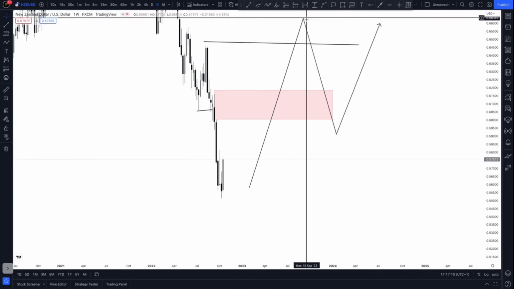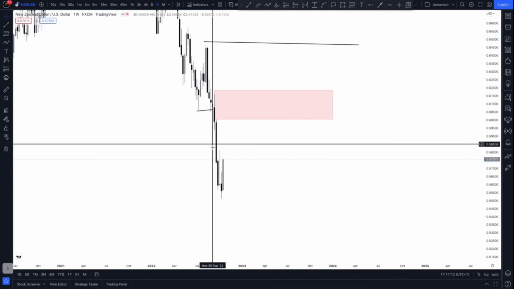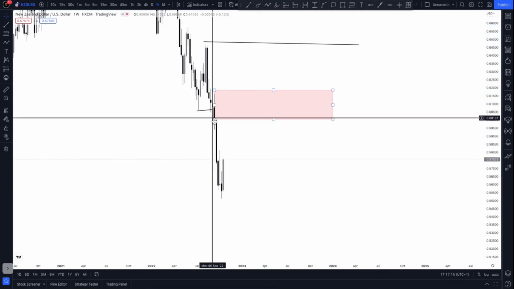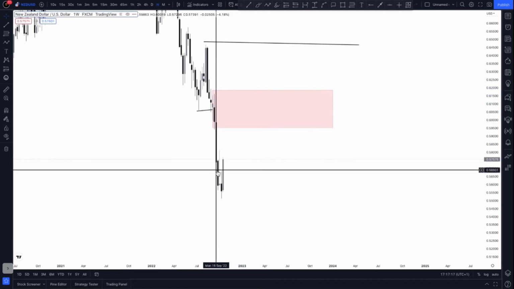The market is currently giving a retracement back into a supply zone, which is going to be counter trend. If you are trying to catch a retracement, then you are trading against the trend. And when trading against the trend, you need to be very, very careful, because at any time the trade will